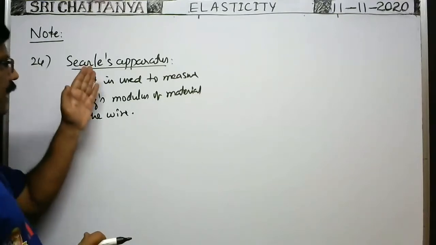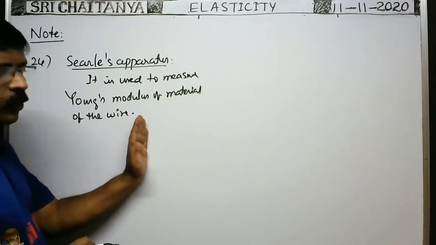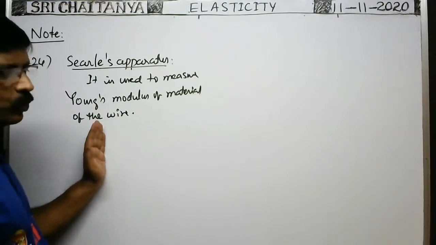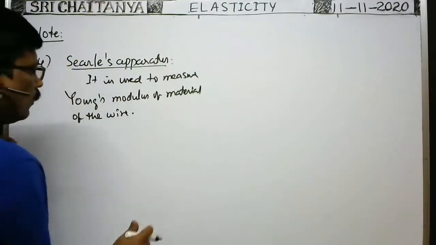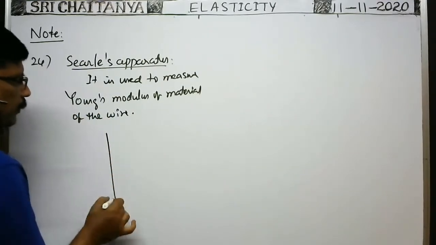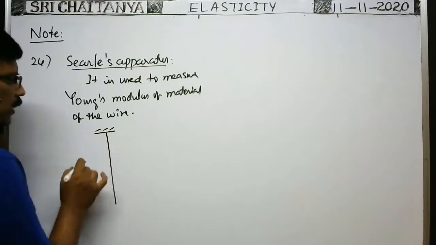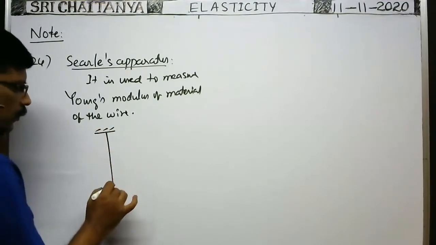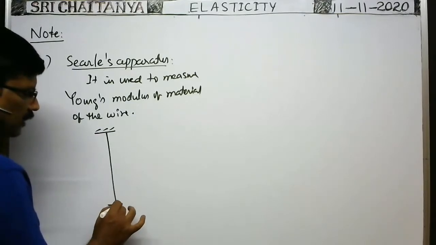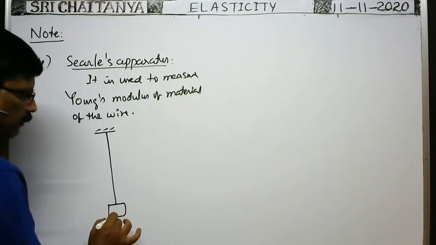Okay, here in this, one experimental wire whose Young's modulus is to be determined is taken and a reference wire is also taken. Two wires are connected from the rigid support. Suppose this is the experimental wire. It is suspended from the rigid support and a load is attached here by means of a weight hanger. The load of mass m is attached.